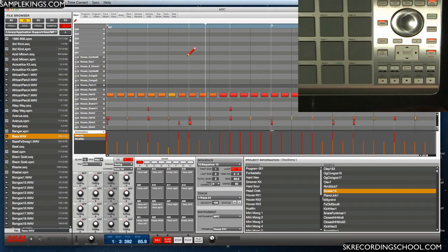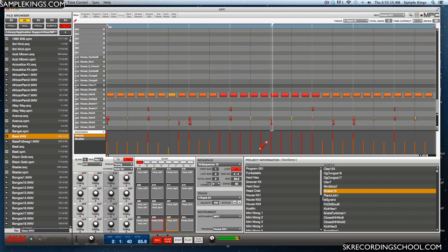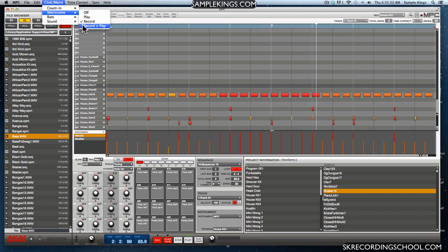I want to talk about a couple of things here first. I'll press play here on the hardware, and we can control the volume right here next to play start, which you probably already figured out. I can mute the track. I may want to hear where the metronome's at now. Here, if I had the metronome on, let's say if it was in record and play, just going at it, I would just hear it. And here you see it's on. So if you're not too sure if the metronome's on while listening back to a track, and you don't really hear the metronome going on, you can look over here and you'll see the on for the metronome. And you can turn it off